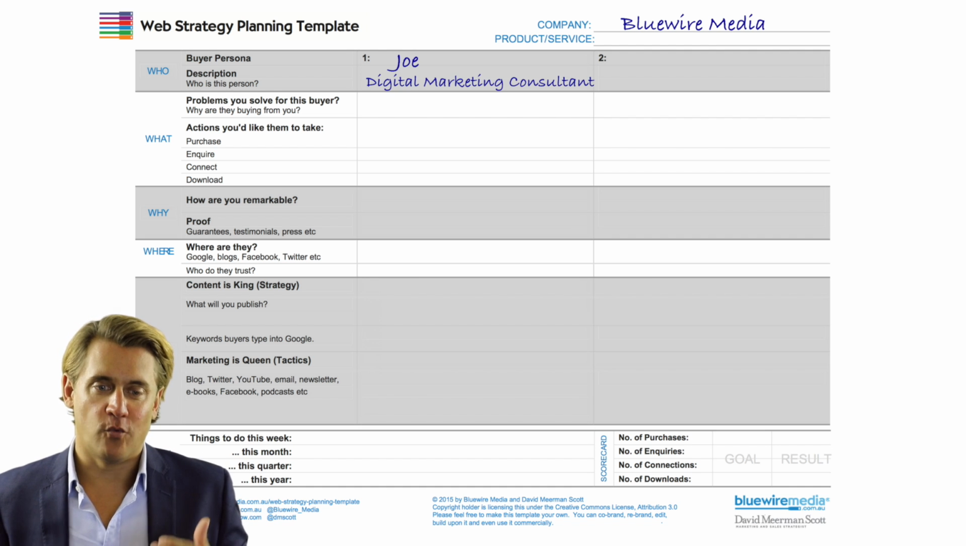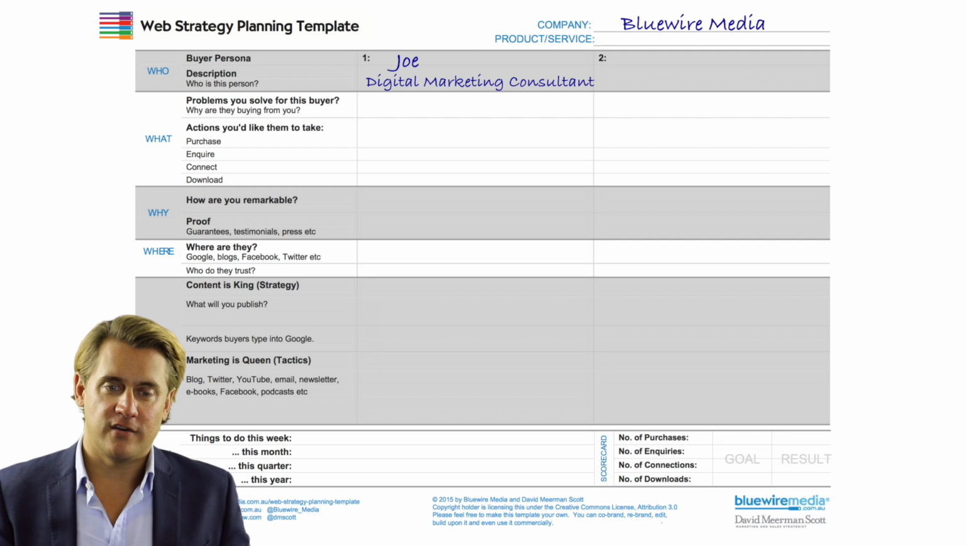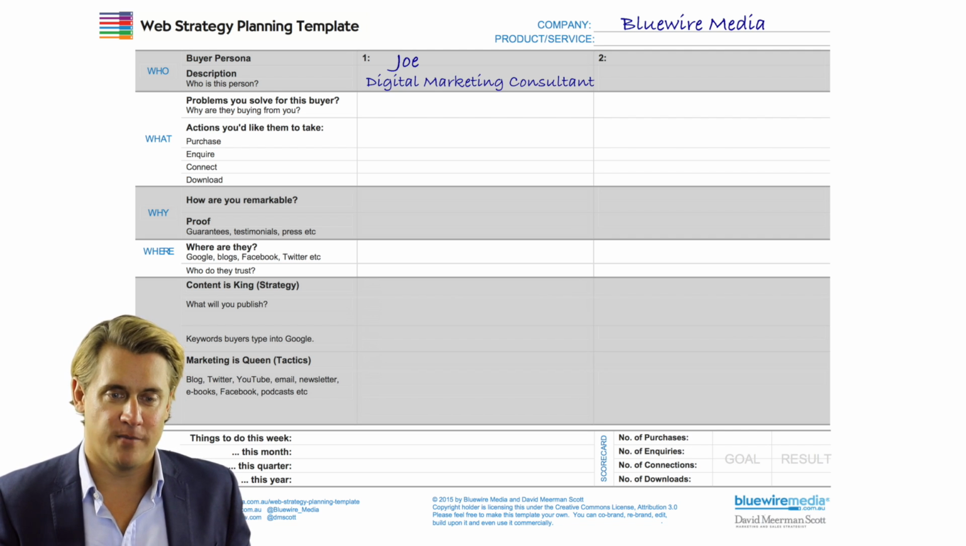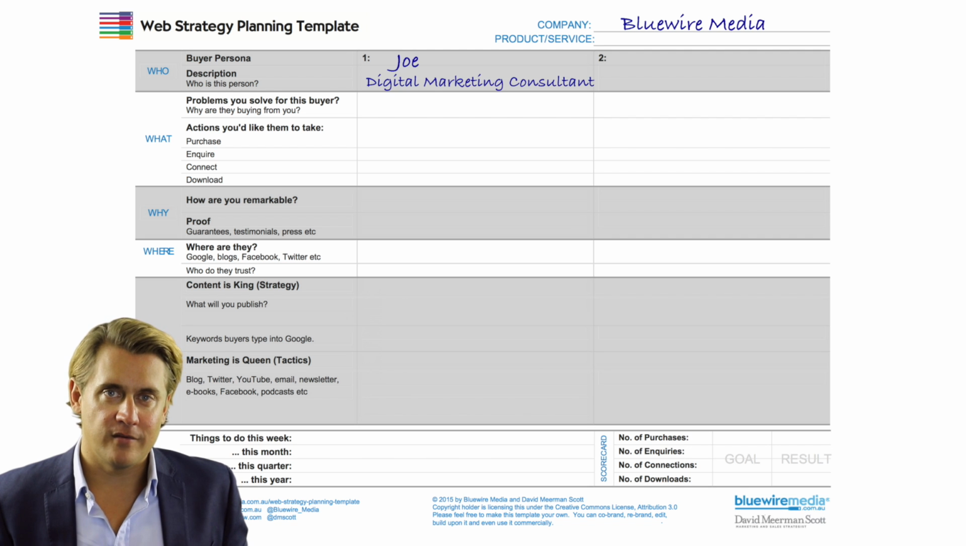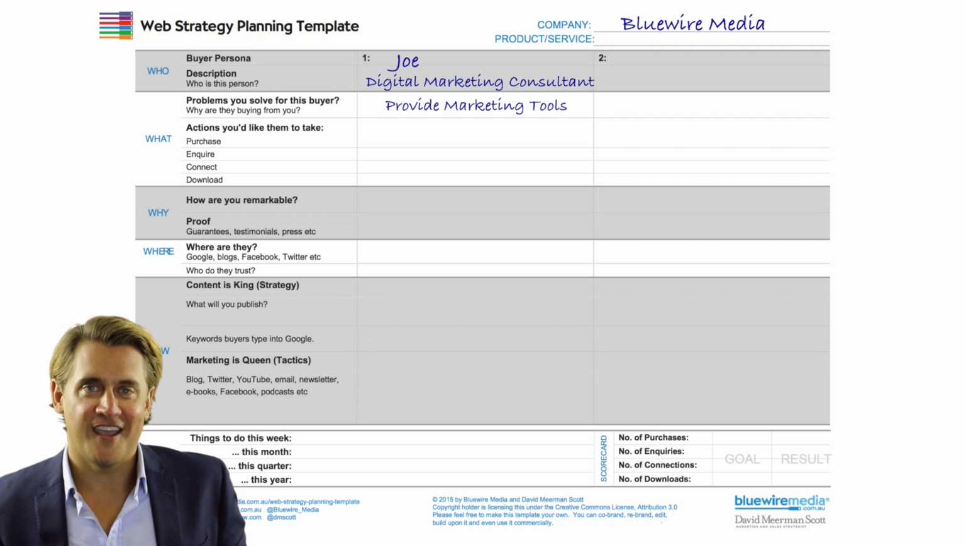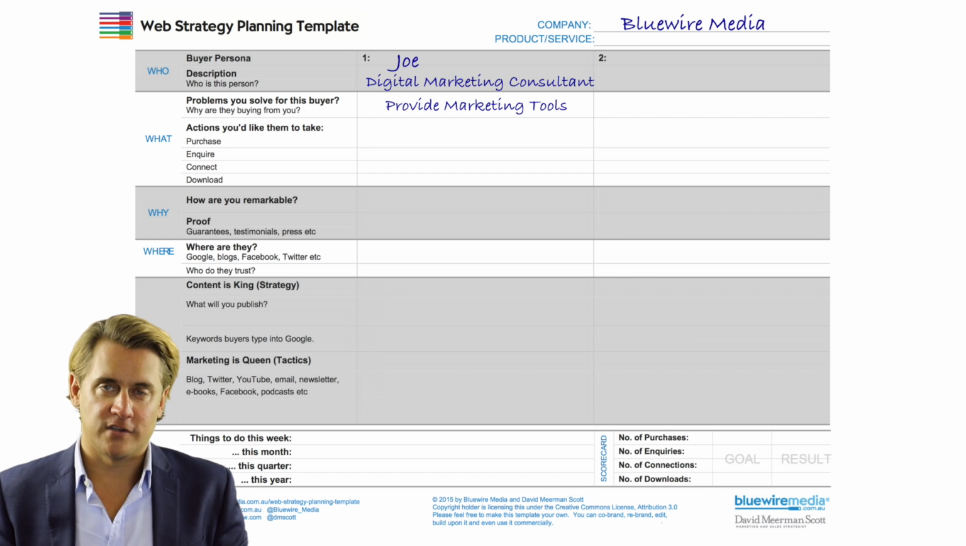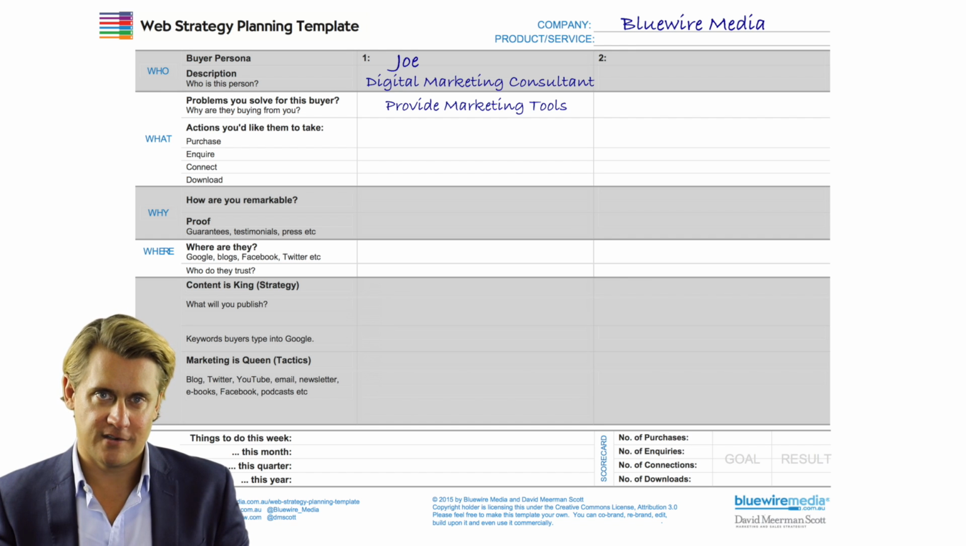Next part down is the what. This is really where you need to be very clear on the problems that you solve for this buyer. Why are they buying from you? How are you helping improve their life or their business? And specifically, you want to think about those 4 steps of the journey that I showed you in the first